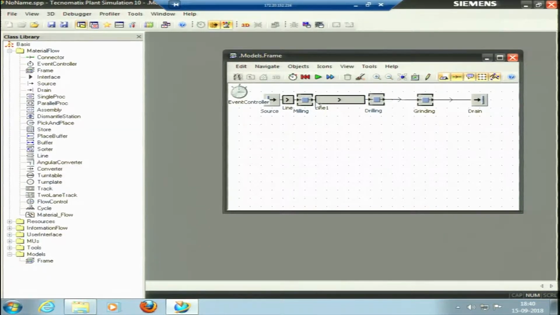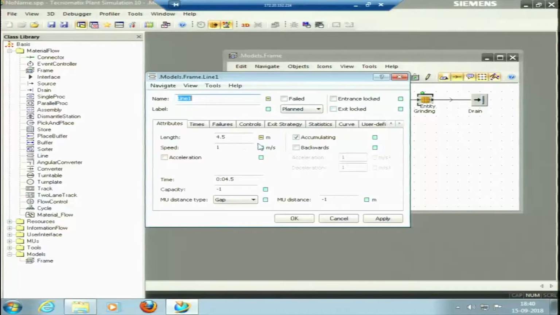Let us keep the grid on just to see this. It will take my mobile units, the units which you could see here. This entity is a mobile unit, that is, one unit being moved from one point to another. This mobile unit is moved at the speed mentioned on my conveyor. The speed is 1 meter per second.